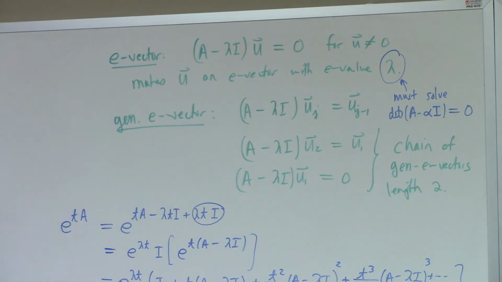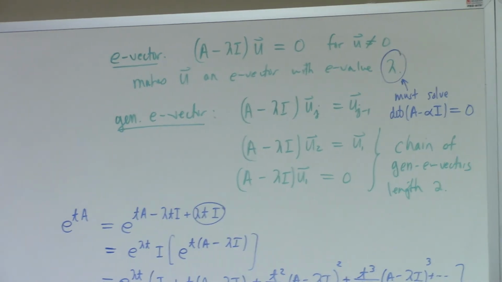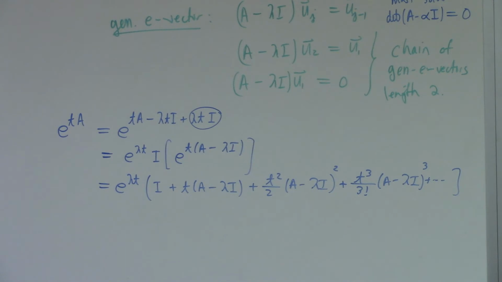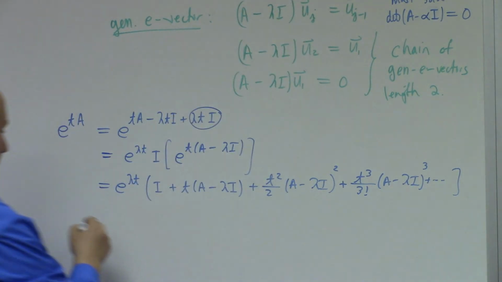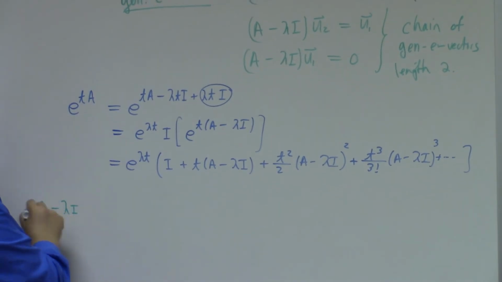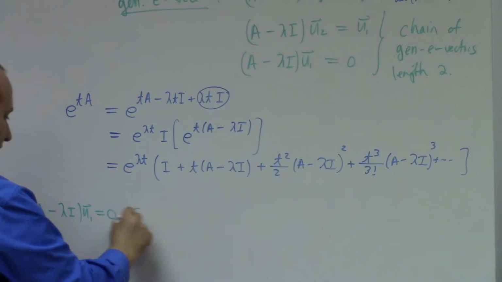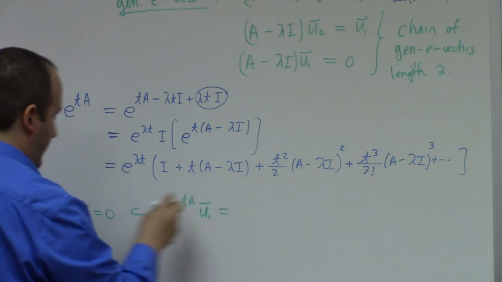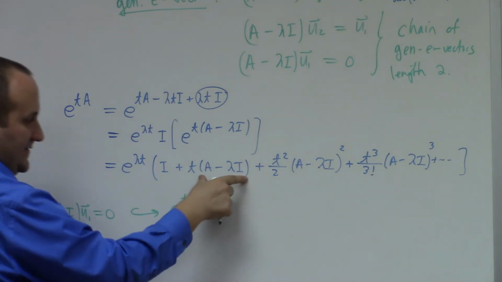The beautiful thing about this identity is it shows you how to take the right linear combinations of the matrix exponential's columns in order to get solutions that we can really wrap our mind around and grasp without ever actually calculating that infinite series of matrices with which we've defined e to the tA. In particular, you see what happens when you hit it with an eigenvector, right? If you have (A minus lambda I) times u1 equals 0, that tells me that e to the tA times u1, well, you see what happens when u1 hits this,